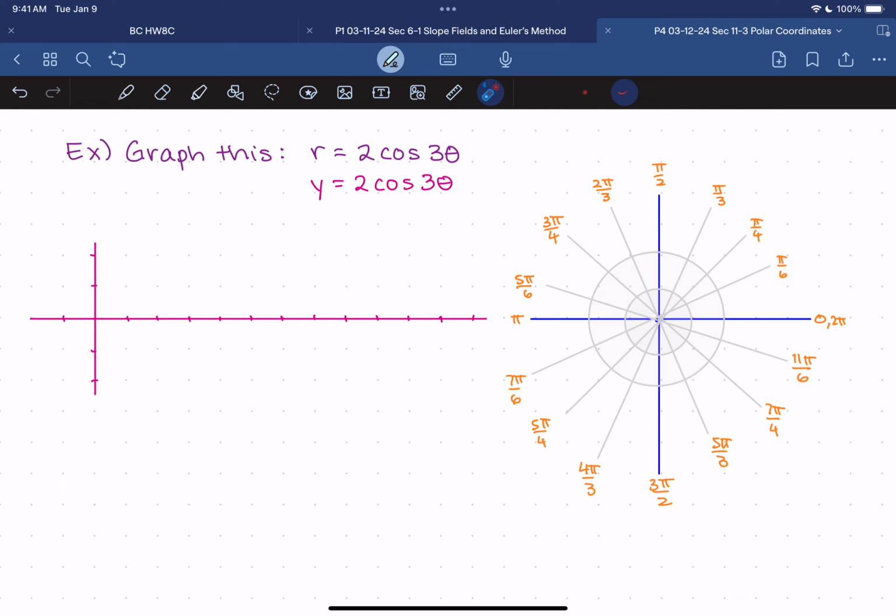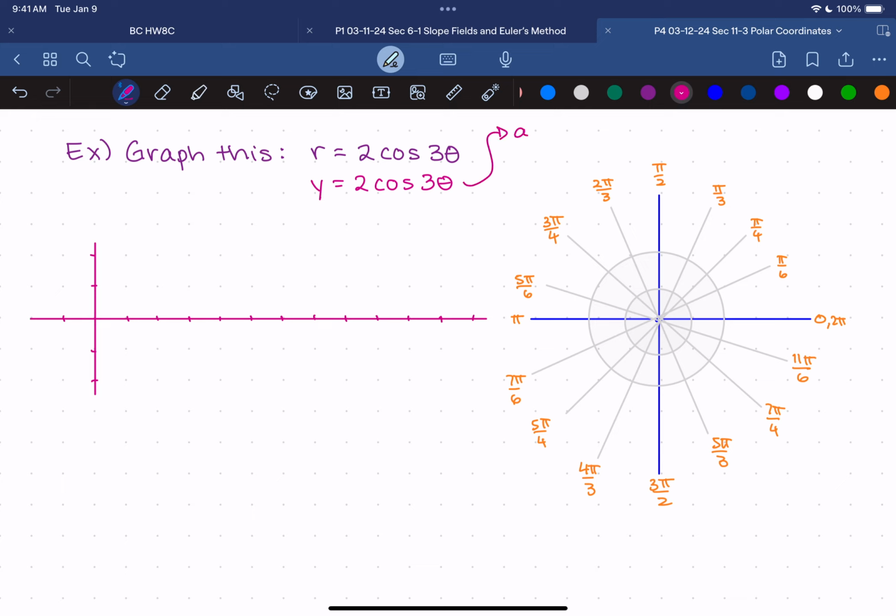So what does it do? Now one way you can do this is you can just make an XY table and plot points. But another way you can do it is you can graph a corresponding equation in rectangular form to help you easily get a bunch of points to put on here. So if I was going to graph this, y equals 2 cosine 3 theta,